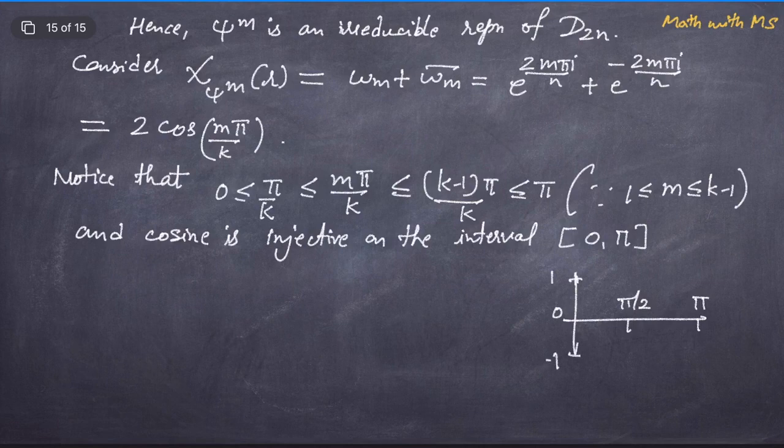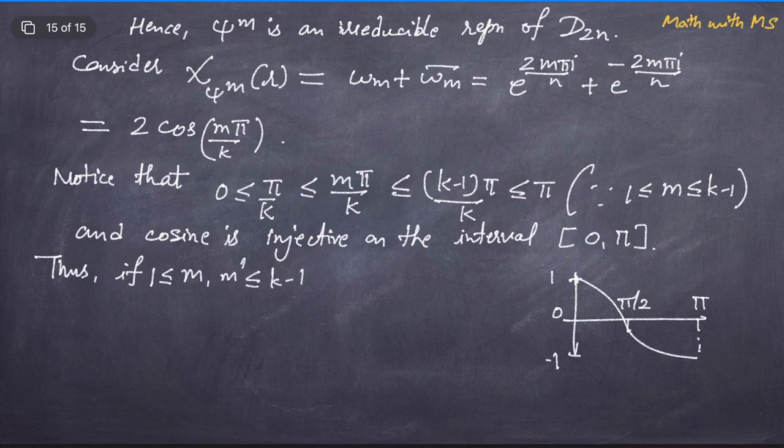The cosine graph goes like this. Alright, so cosine is injective in this interval. Thus, if m and m prime are two integers bigger than or equal to 1, less than or equal to k minus 1, such that m is not equal to m prime,